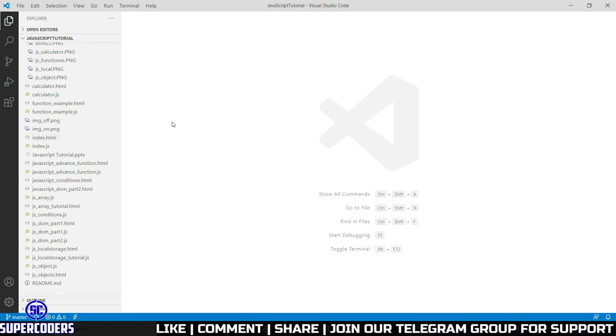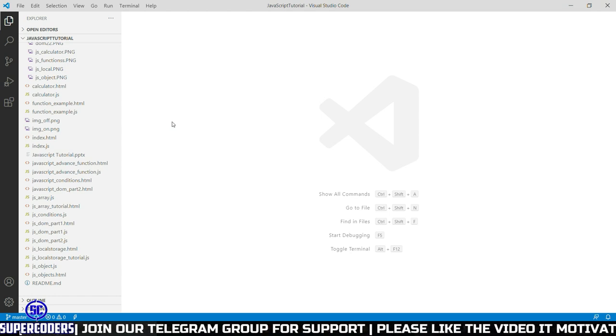So what is Ajax? We can use Ajax for making HTTP requests in JavaScript for fetching data from a server without refreshing the page. Like if you want to read some data from the server which is stored in our database, but you want to read it without refreshing your page, you can use Ajax and read data from the server and show it in our HTML page.